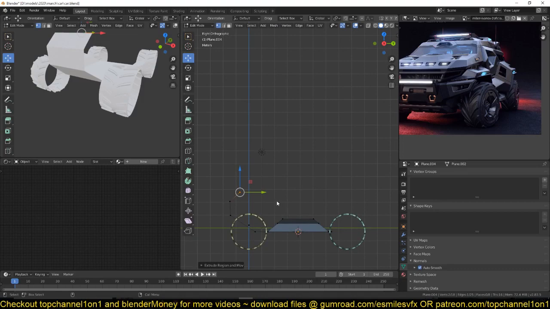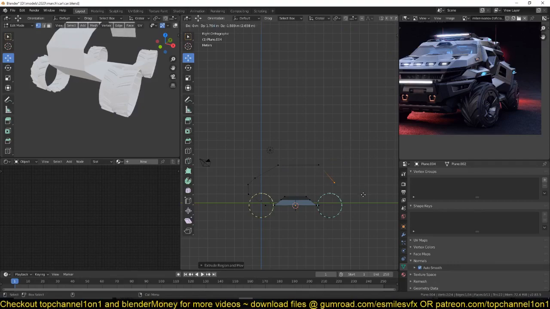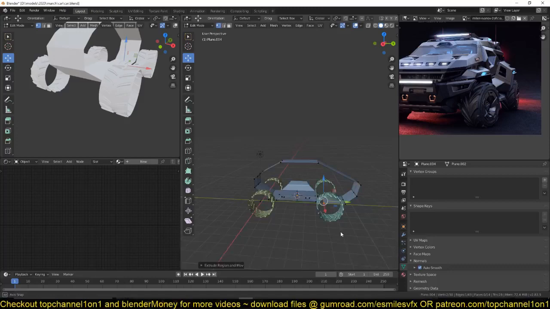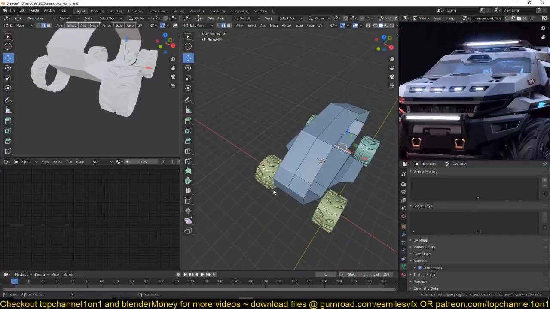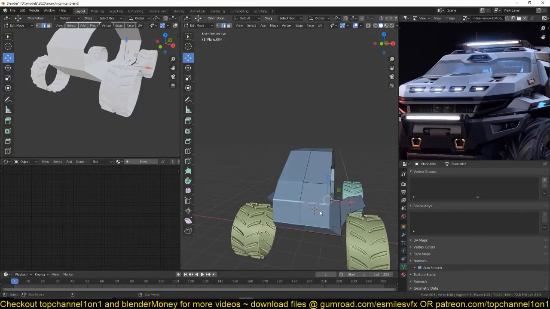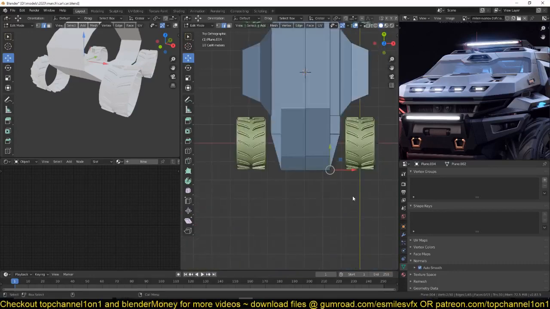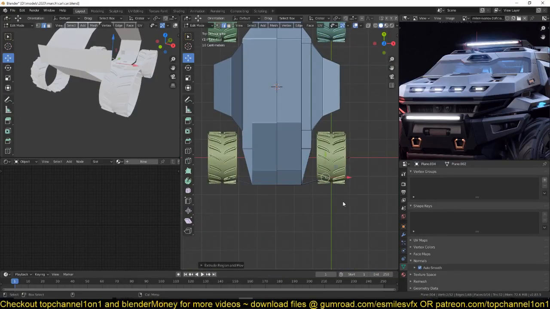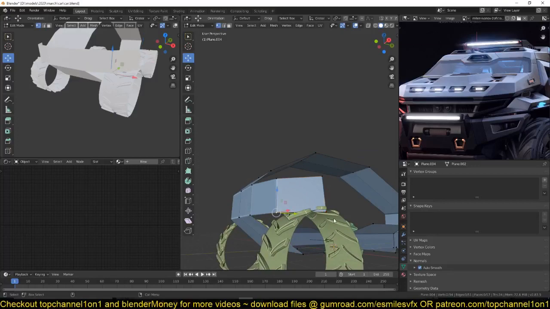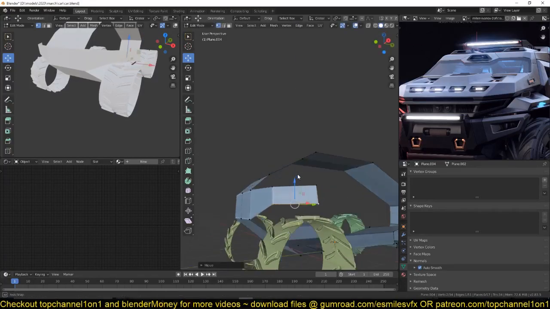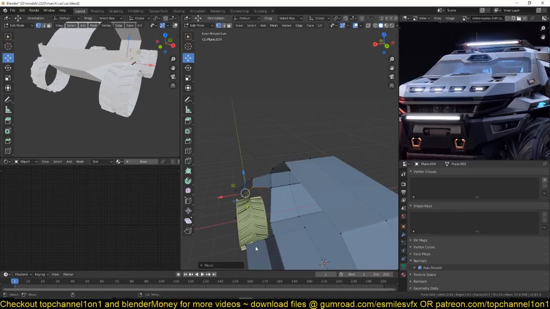Remember, this is a concept car, so we can just handle the shape any way we want. I have an idea of what I want to do, so this front here could be a bit wider, so I'm just going to get that. Select these, and then we can have